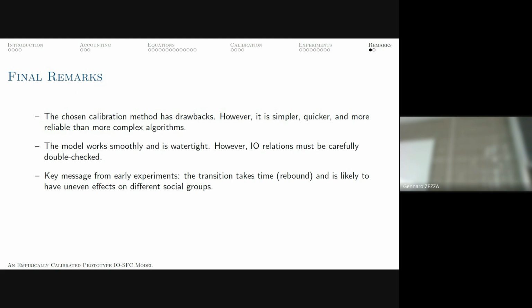For the early experiments, the key message is that every green policy is driven by some state demand or even subsidies, and those subsidies are characterized by a lower multiplying effect and seem to face a quite obvious rebound effect over time. So these are the early experiments. But for now, the model is not useful as a model for Italy. It's more useful as a model per se, a kind of benchmark to see how these things can be done, or a benchmark for you to criticize and tell me how I should be doing those things, because I don't know. Okay, so thank you for your attention.